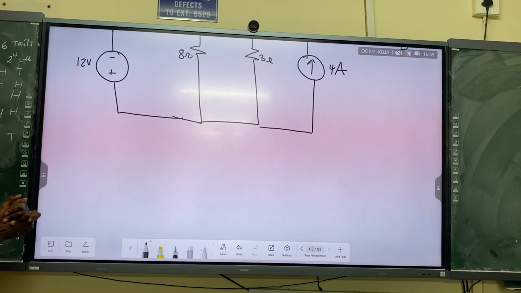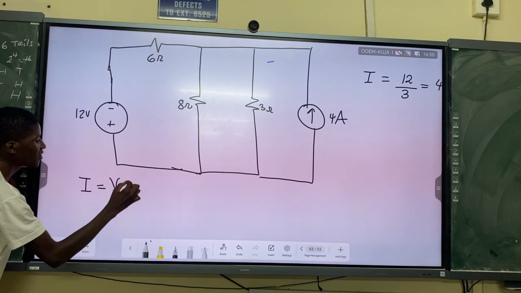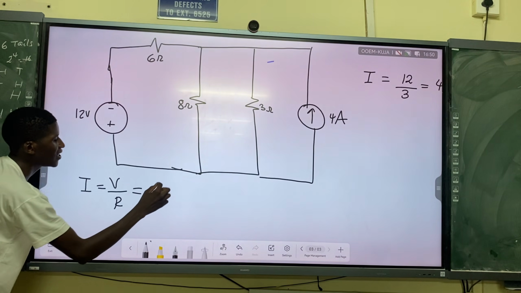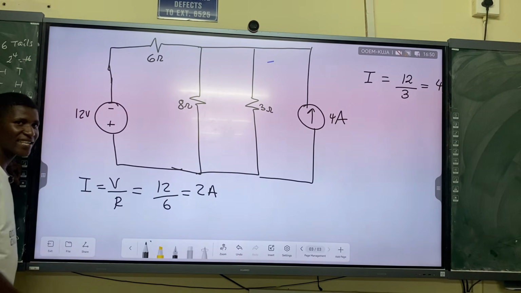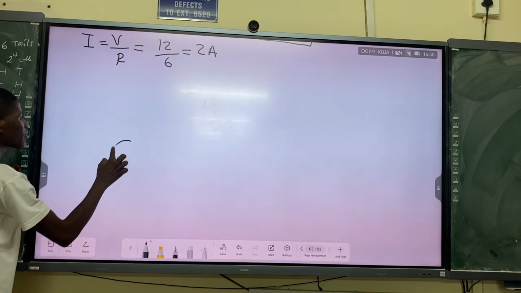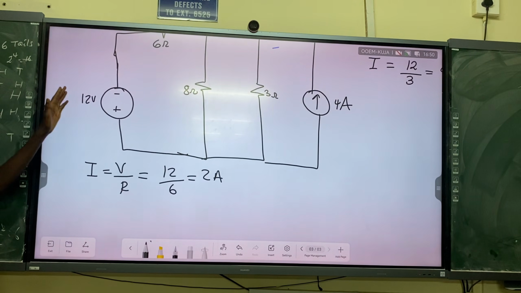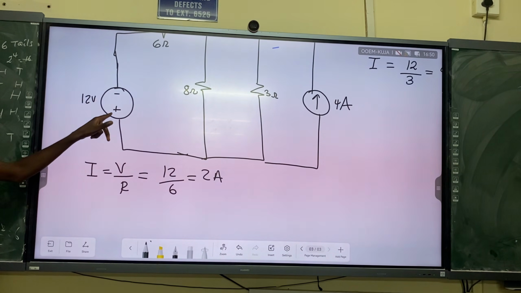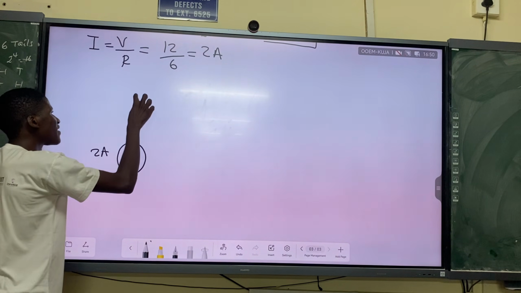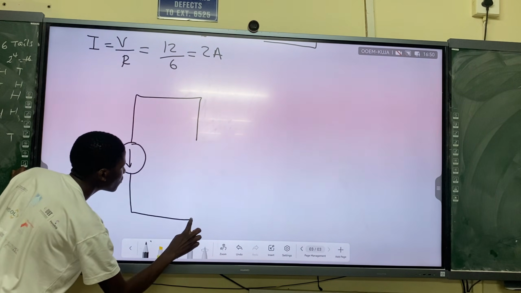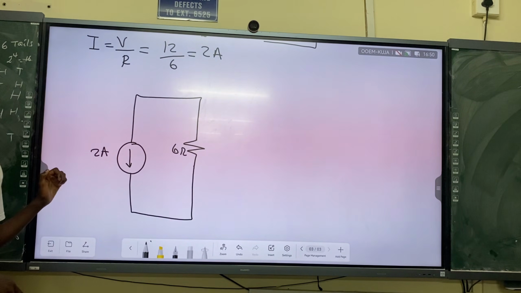Ohm's law. So the current source here is going to be voltage over resistance, and our voltage is what? It is 12 over the resistance, which is 6. So that's going to be a 2 amperes current source. Which means I hear a current source of 2 amperes. May I ask, which way does this current point, down or up? Down, because the positive terminal is at the bottom. So it must face down here, and it must be in parallel with what? With the 6 ohms resistor, specifically 6 ohms.